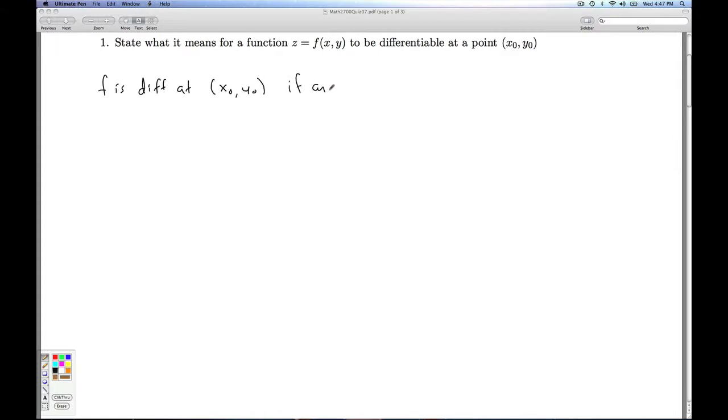if and only if there exist two functions, epsilon 1 and epsilon 2, such that